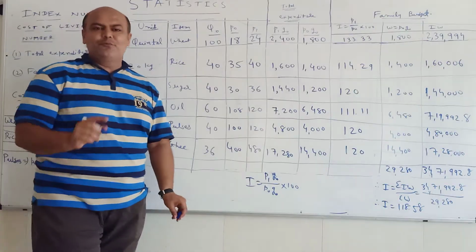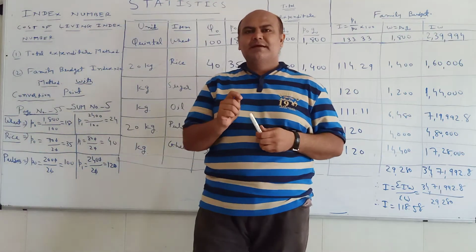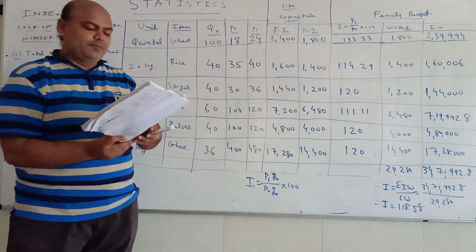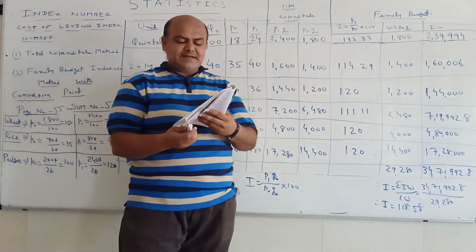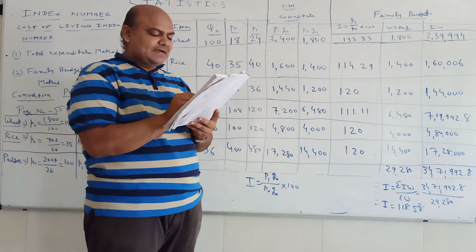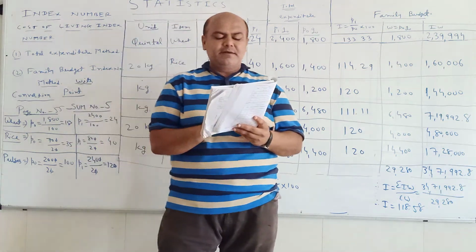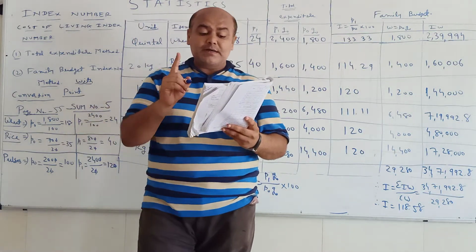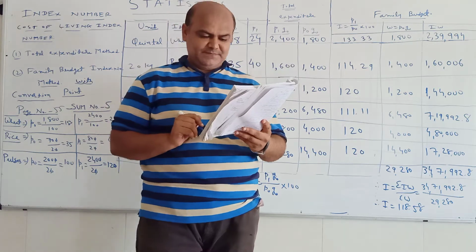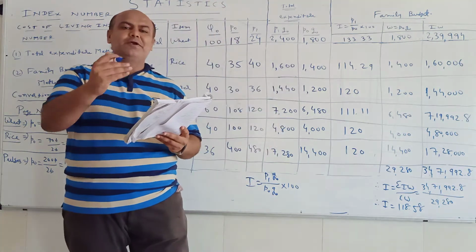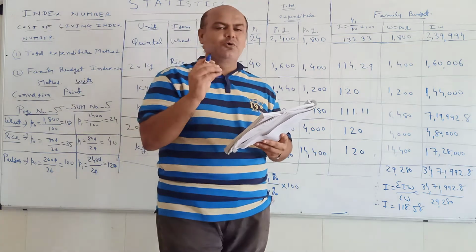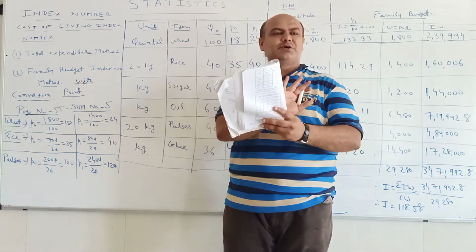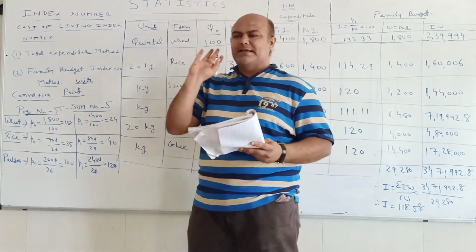As you all know, when the column of unit is there, we have to see whether we have to convert or not. From the textbook, let's take one by one item. First item is wheat. In wheat, they provide unit quintal, but the quantity or consumption is provided in kg. So we have to convert the quintal into the kg. Our golden rule is always divide the price. Do not touch the quantity, always divide the price.